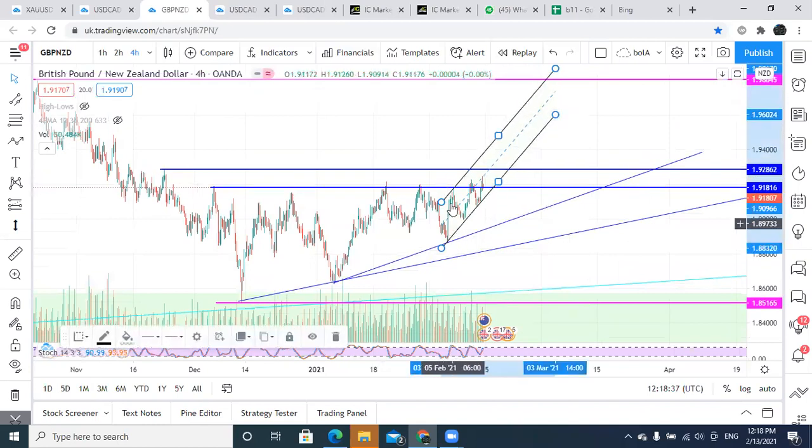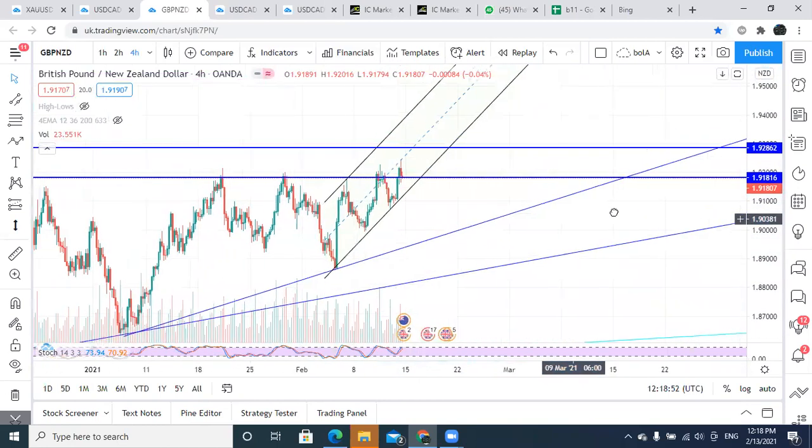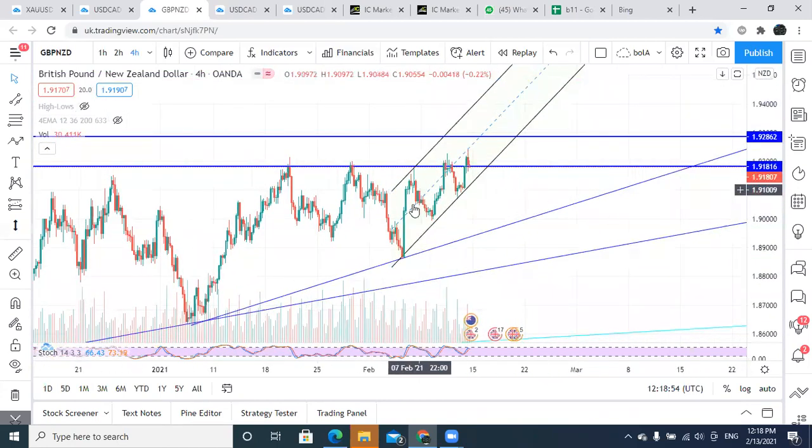So this is one bias: price is following this channel now, right? Doesn't mean that this channel cannot be broken. When it breaks, then you want to start looking for what are my support levels, okay? But the key thing is you can now see, are we starting to have another trend: impulse, correction, continuation,